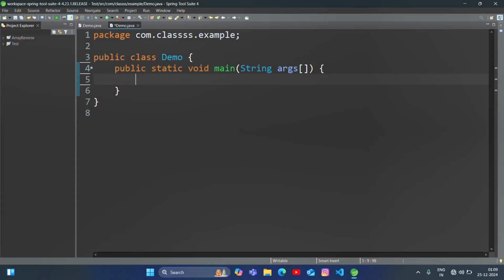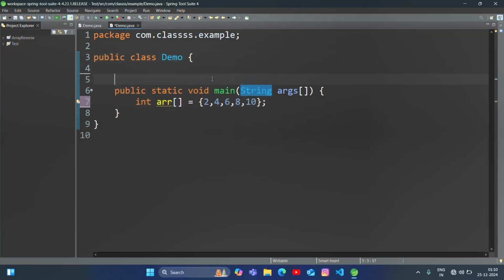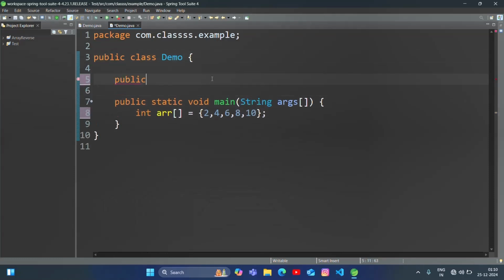Okay, so I have created a class called demo, and in that I am creating a main method, and now in that I am creating an array. I am creating a function, public, and the return type will be int, and function name will be pairs. Now in parameters I will pass the array,